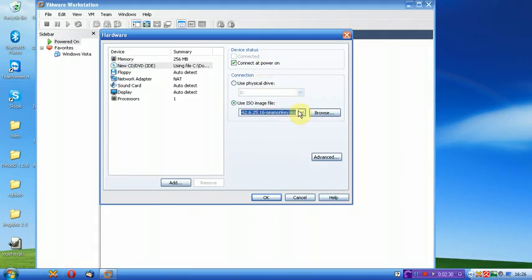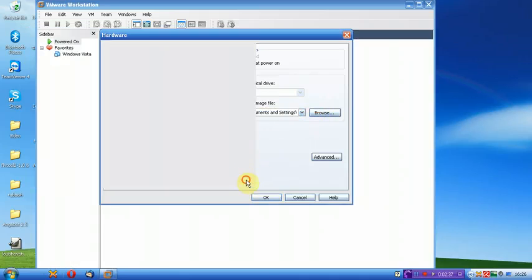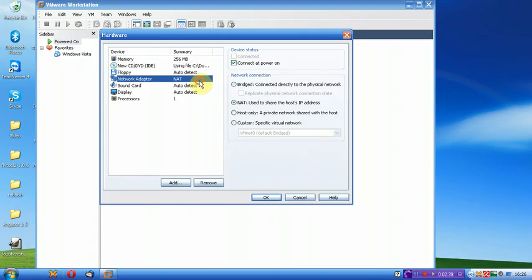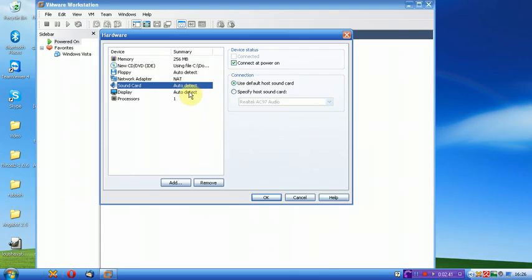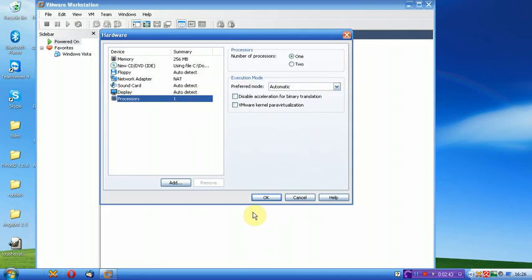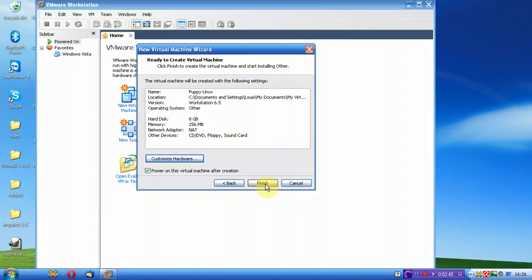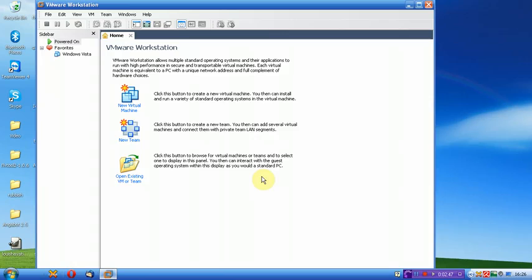You can choose the ISO image, so you can change it. So when you've installed it, if you want to install a program, you can open an ISO in there. There's floppy drives, the network adapter, the sound, the display, and you can even add more processors. So when you've done that, go to Finish,